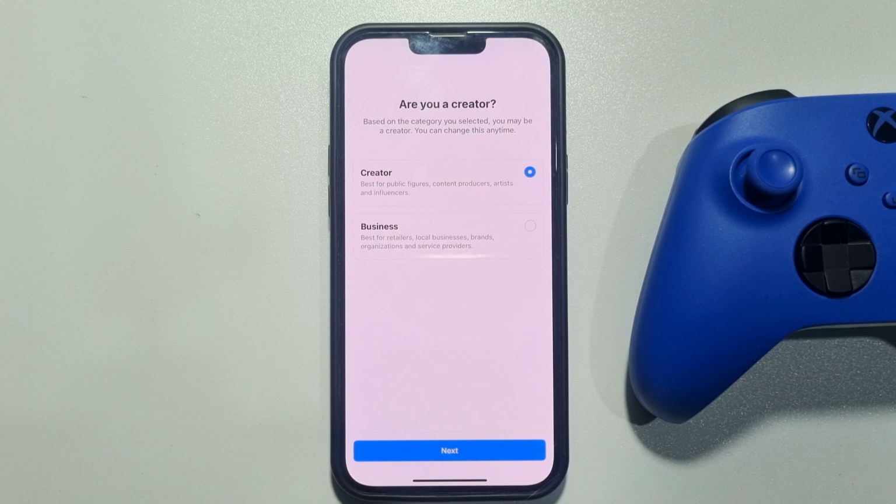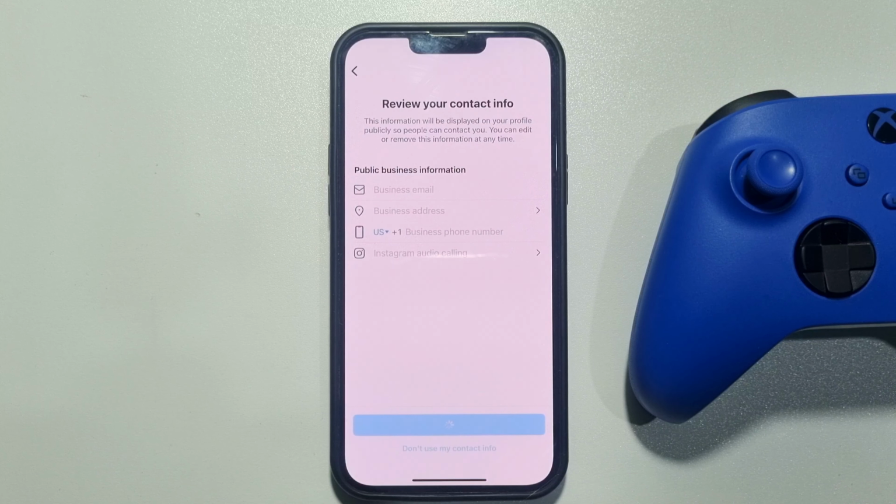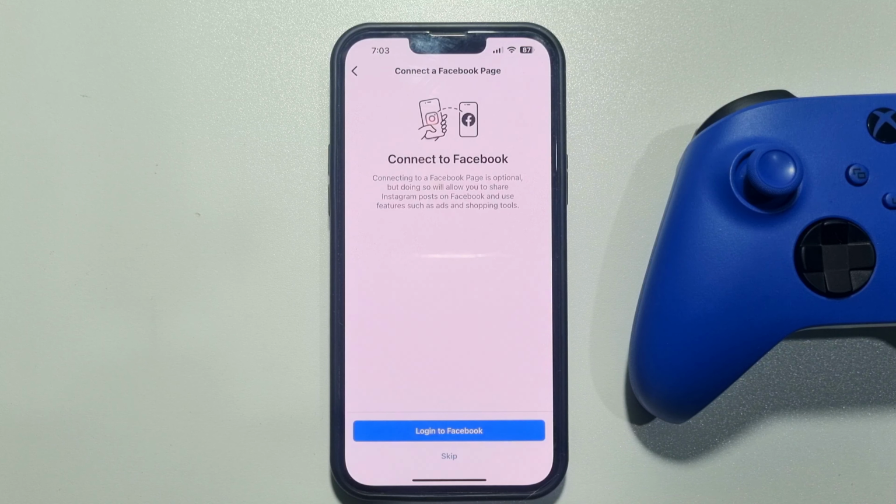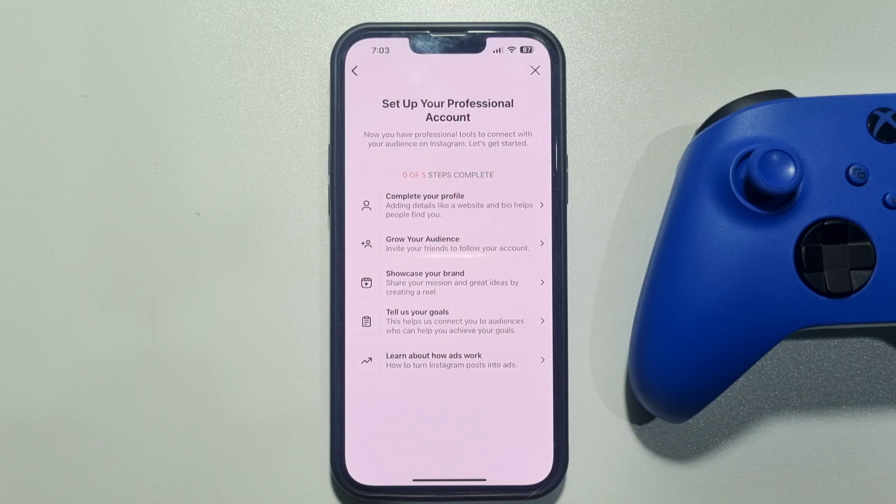and on this page we need to select business. Tap on next, and now you can add your business information here, but I'm going to skip this. You can also connect your Facebook to your Instagram here, but I'm going to skip this option, and tap on this cross icon at the top right,